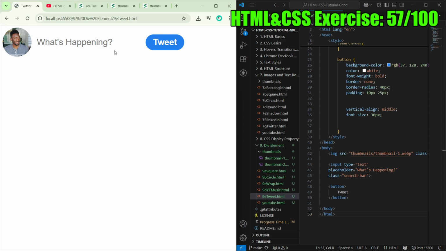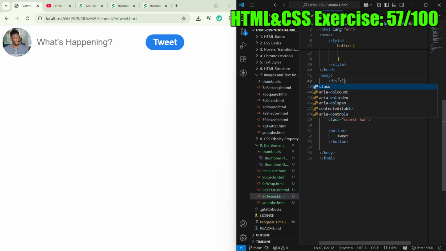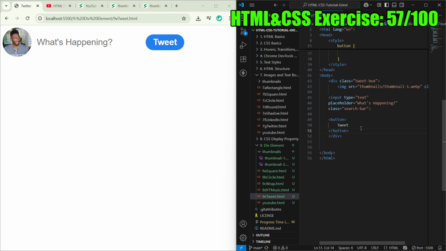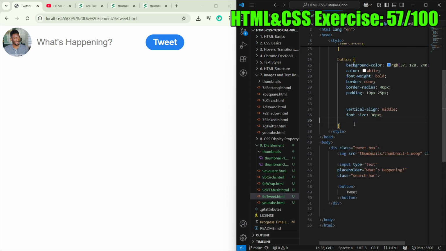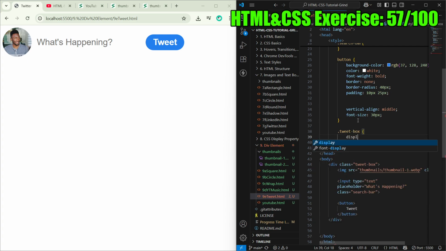Okay, so I'm at 9E. What I'm supposed to do is wrap everything in a div. Then I'm gonna give you a class. I'm gonna call you tweet-box. I'm gonna put everything in here. Tab. It doesn't really have anything much, it just showed up like that. So I'm gonna do that tweet-box, and then display inline-block,